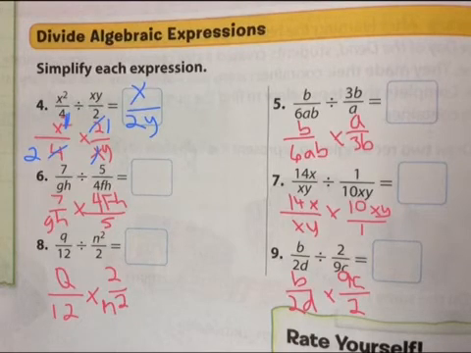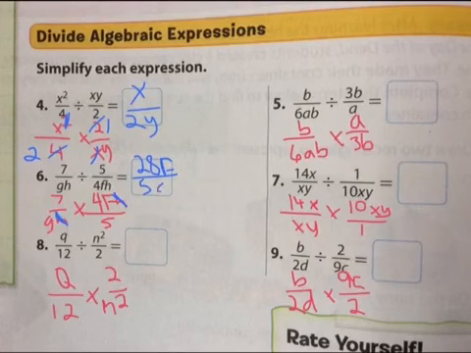Now here we go. I have 7 GH, and I change it to a multiplication. I flip the second fraction, and now I can cross-reference. I see that I have an h here, which is going to get rid of this h there. Okay, and I can't do any other cross-reference, so I just multiply straight across. 7 times 4f is 28f. Okay, 28f. And then I have g times 5 is 5g. Yeah? Okay, next I have,